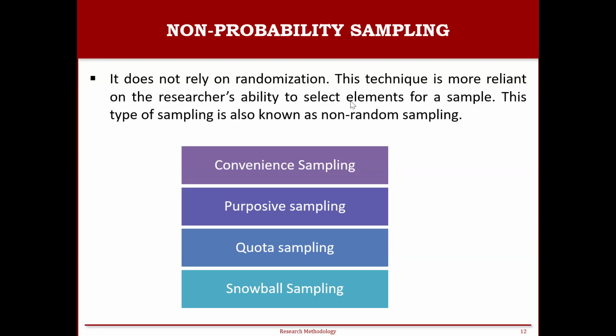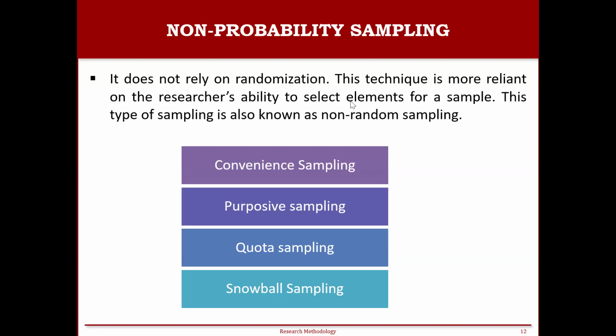And since the researcher uses convenience sampling as per their convenience, it would be like personal bias, right? We select the easy group. So that sample would not represent the entire population. That is the problem we have. But convenience sampling is the easiest and quickest method, though there are drawbacks.